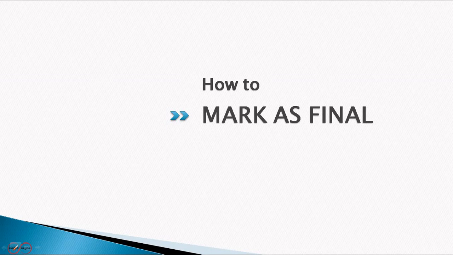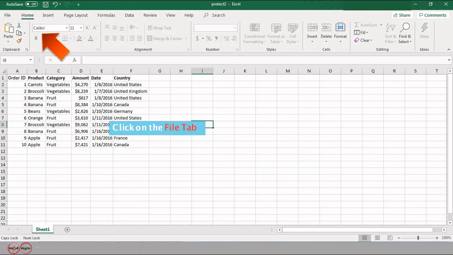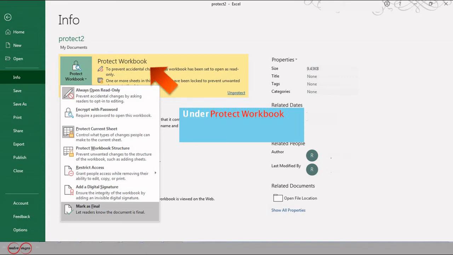How to mark as final. To do so, click on the File tab under Protect Workbook, select Mark as Final. This workbook will be marked as final and then be saved.